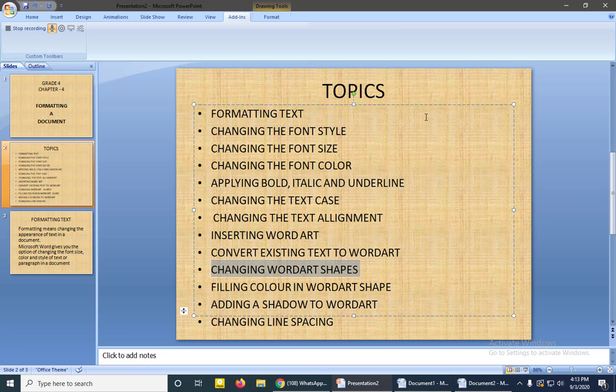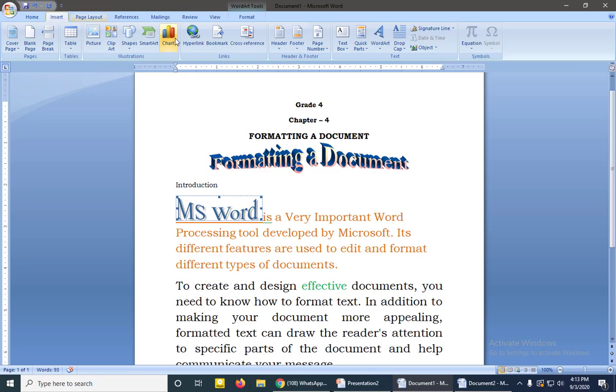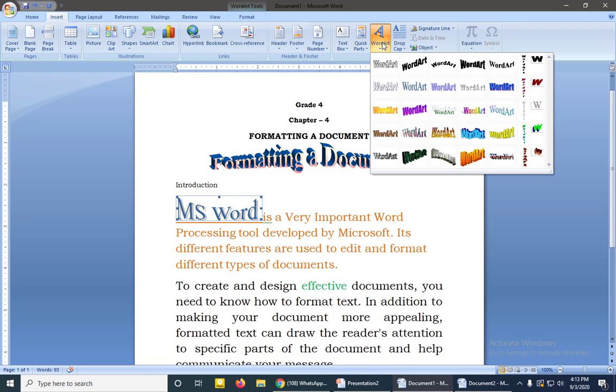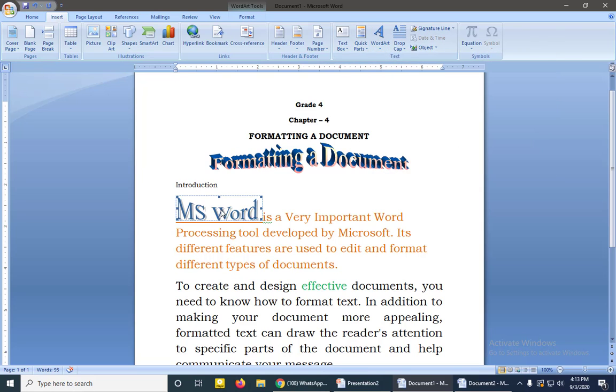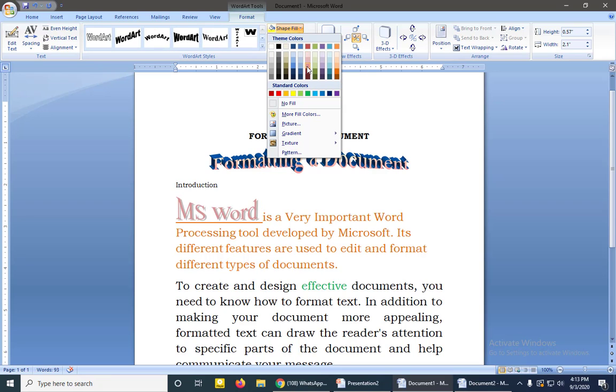Then next we have is filling color in word art shape. So here we have selected this word art that we have inserted. Then in the word art option, when you double click, then fill shape, you can change the color of the word art whichever you want.